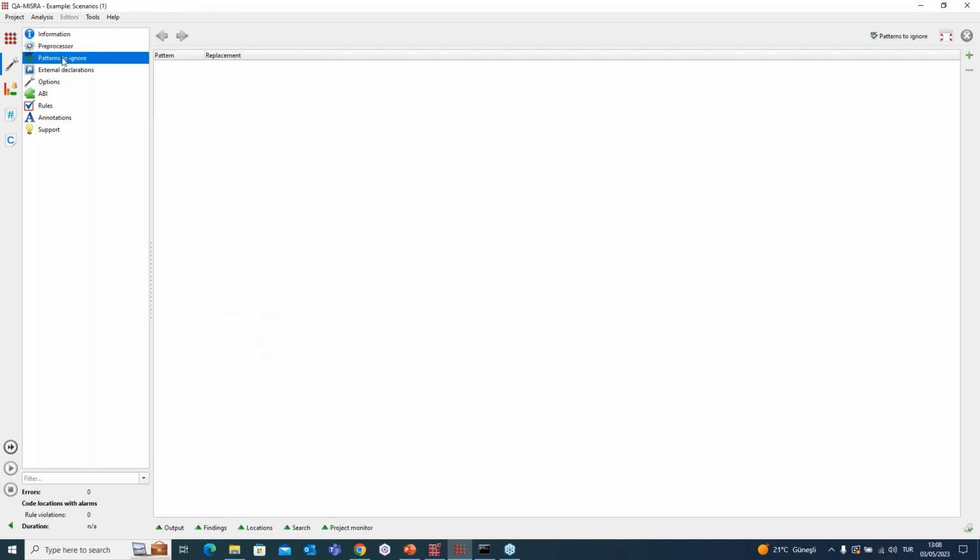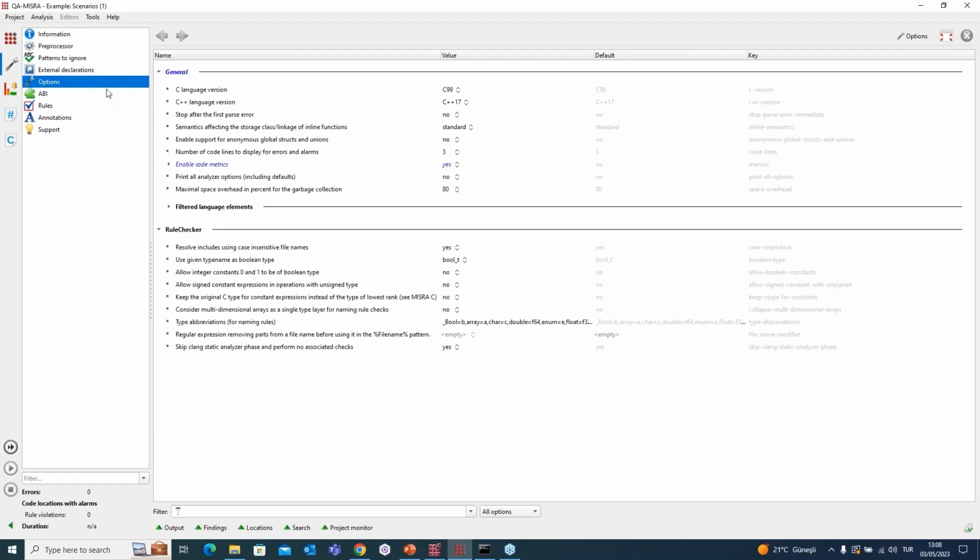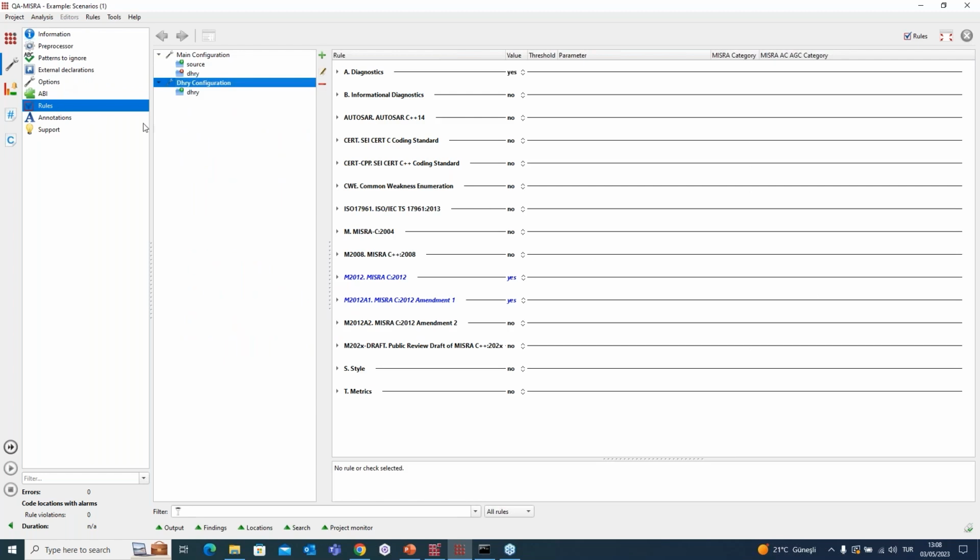For a static analysis, I can use patterns that I want to ignore, or I can define the options that I want to use, and of course the rules, most importantly, the rules that I want to analyze my software according to, which I can configure here. For now, I will be using diagnostics for general testing purposes, and of course MISRA C 2012 and its amended version as an addition for my analysis.